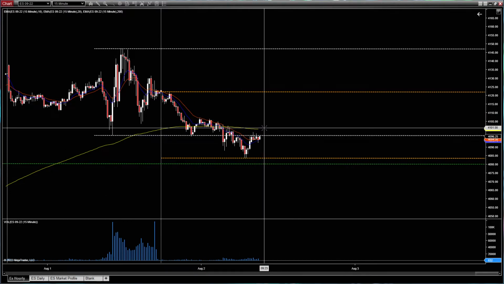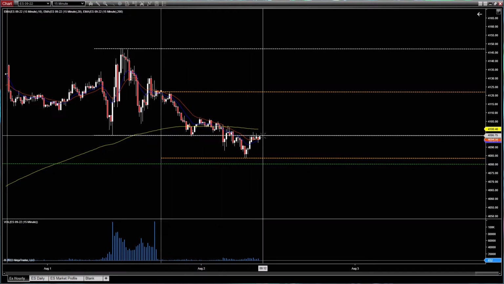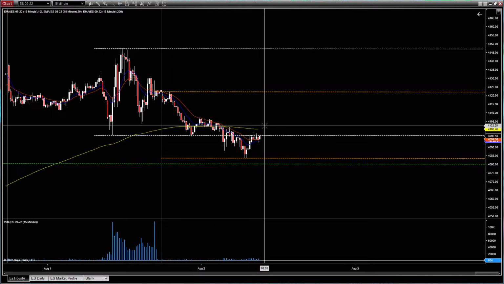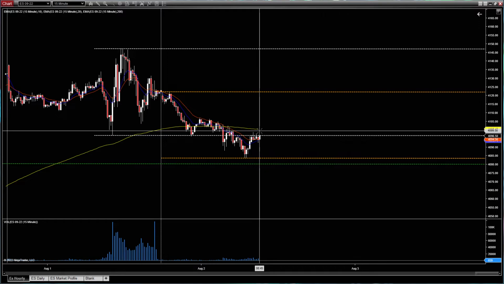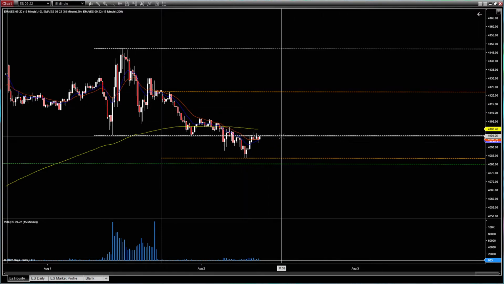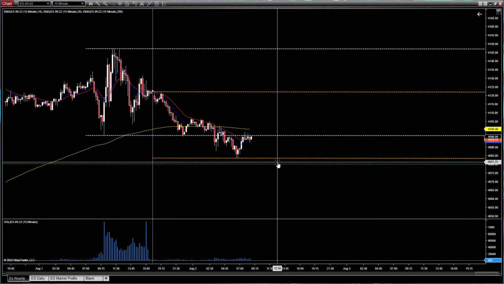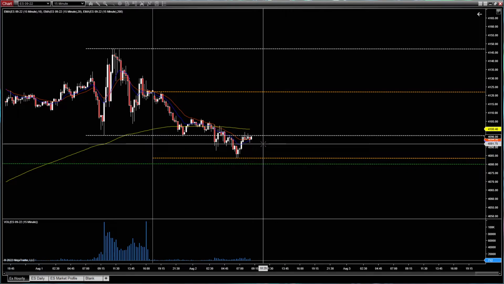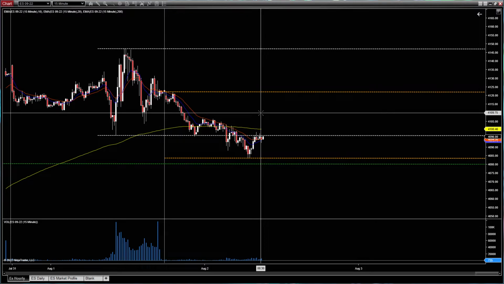If this were to break above yesterday's low, which is what we're struggling with right now, and then we see it reverse and come back down, we know that price is not getting accepted up here, so we can go ahead and decide to short, probably back to the overnight lows. Okay, this is how we use all of our levels. This is how we watch our levels, and this is how we trade our levels.